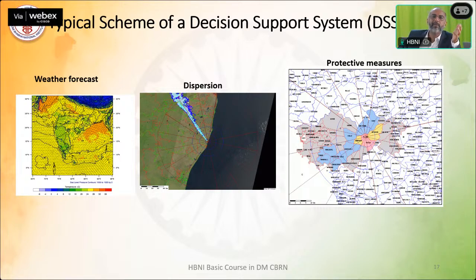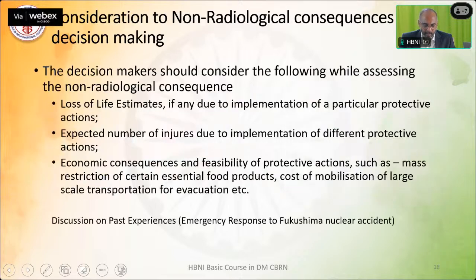Depending upon the calculation methodology, the accuracies will be different, and then one can estimate these weather data. And then when a release is going to happen,